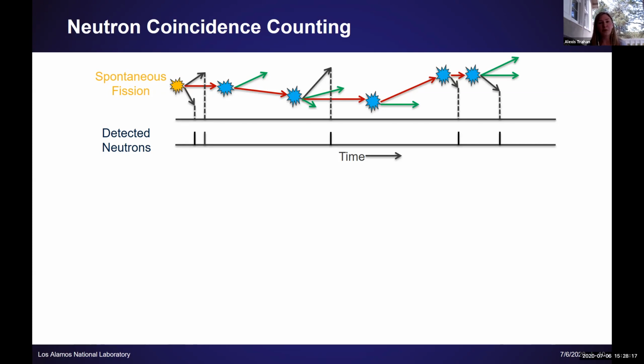And that's because they all came from the same fission chain. So correlated neutrons in our vernacular come from the same fission chain or the same fission event. Basically, this concept, the fact that these neutrons are all correlated, is a fundamental theory behind neutron coincidence counting. We're trying to detect all these correlated neutrons.